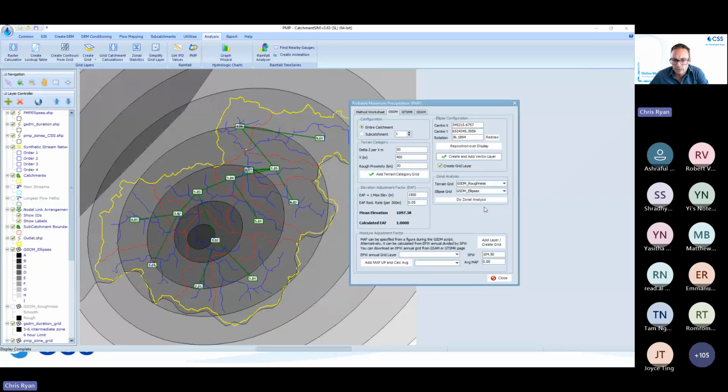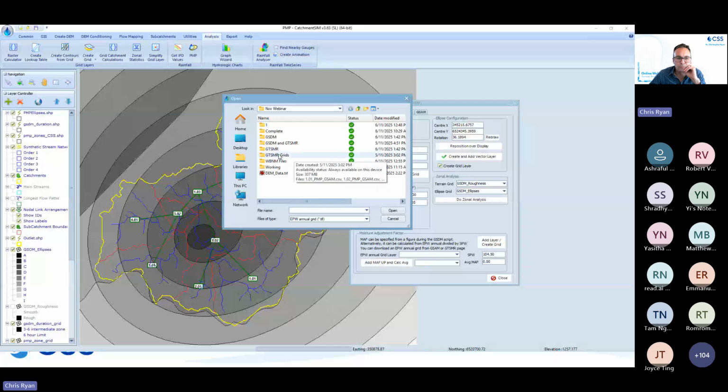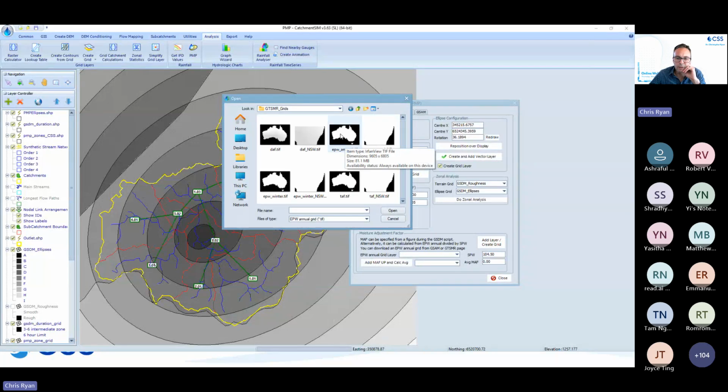The export script will do it for us, but there is something worth noticing here, which is the moisture adjustment factor. The GSDM documentation has a map where you can pick out the moisture adjustment factor, but it can also be calculated by dividing the EPW annual grid by the seasonal maximization factor of 104.5. So we can do that here. We just need to make sure we have a grid, and we can get one from the GTSMR grids, for example. This EPW annual is the same in all the methods. If you just select it there,